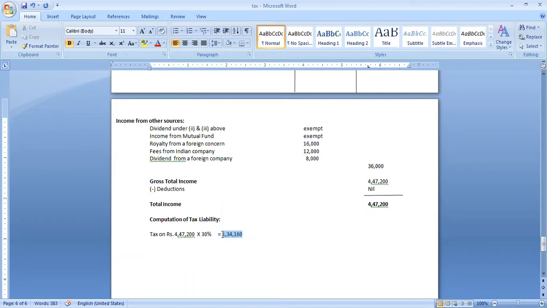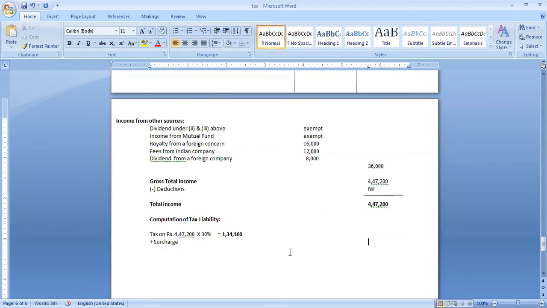This is the actual tax the company has to pay. But please remember, another interesting thing with reference to a corporate assessee is there. Surcharge you have to add. What is that surcharge? I am explaining, kindly make a note of it. In this problem, there is no surcharge actually. But what does surcharge mean?